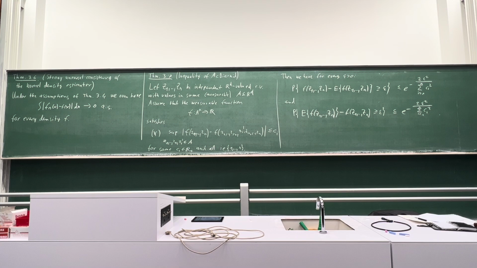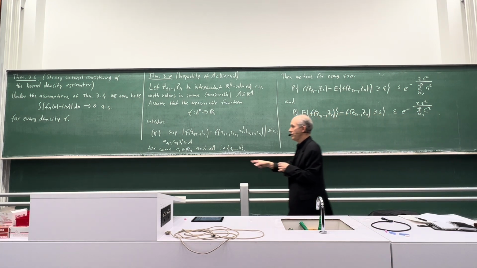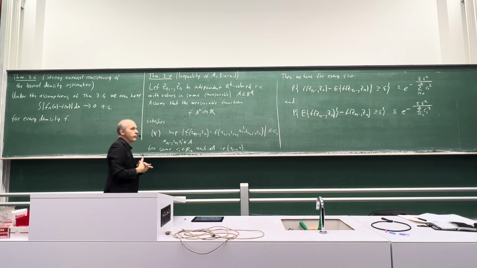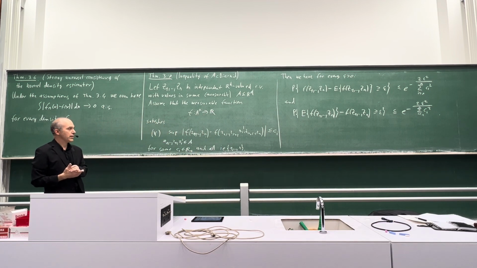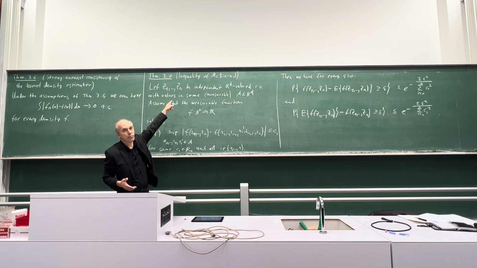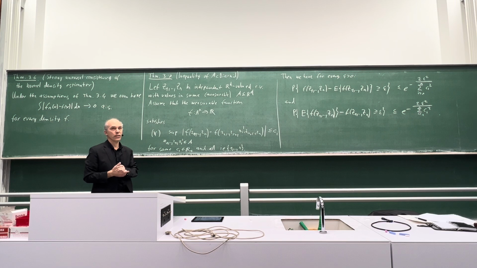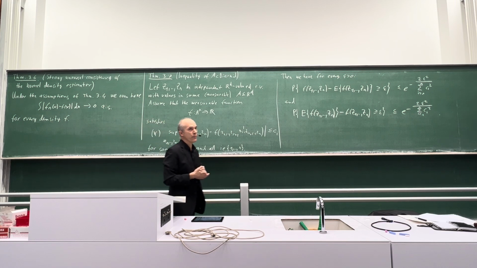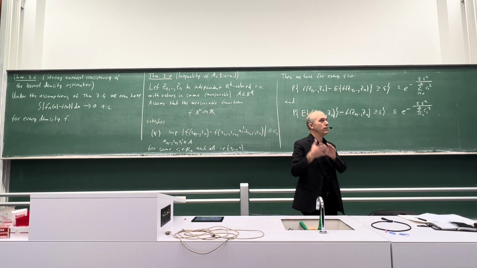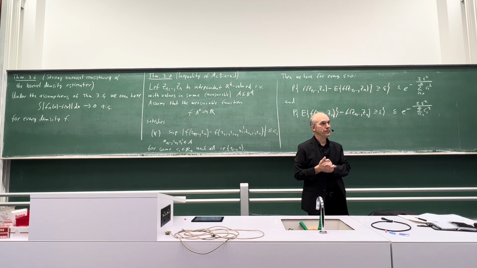Question? Please. The left side is a supremum. The supremum is for all z1 to zn and zi prime that we choose, right? The supremum is over all z1 to zn, zi prime that can occur, because the random variables take on values in this set, yeah? And then the supremum is over all values which can occur for the random variables, if you change one of the random variables. Okay?